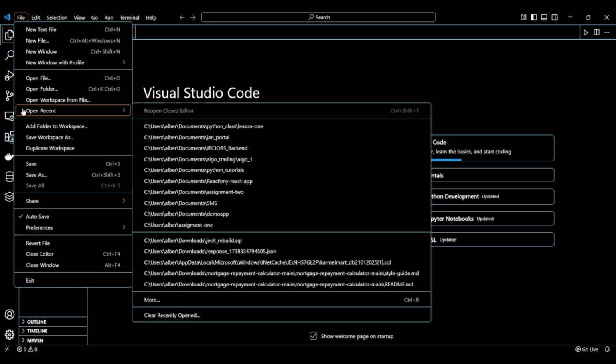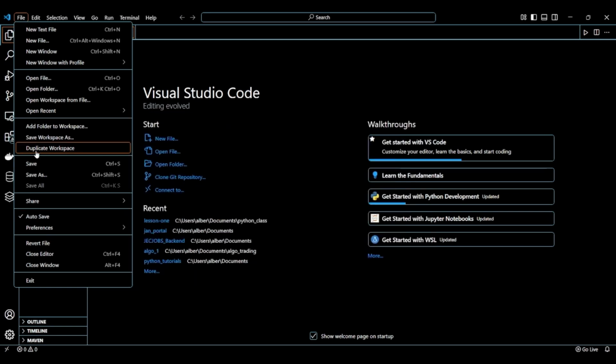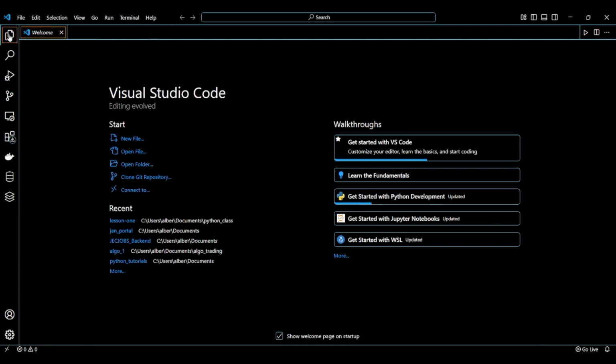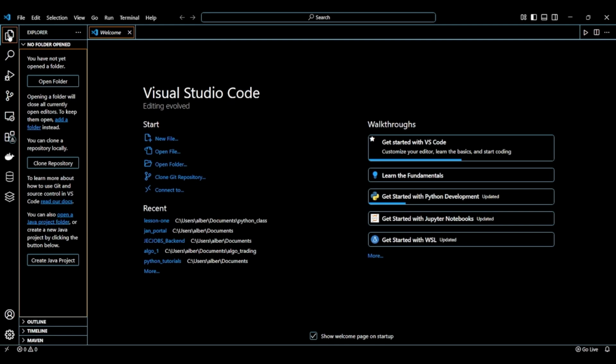And then also, at a particular point in time you might want to do some copy and paste without having to use keyboard shortcuts. You can come in here, or you can check the keyboard shortcuts from here, for how to undo, redo, copy and paste, all of those things, or to toggle between lines. You can find that out here, but this is one of the most important things, your files and folders,